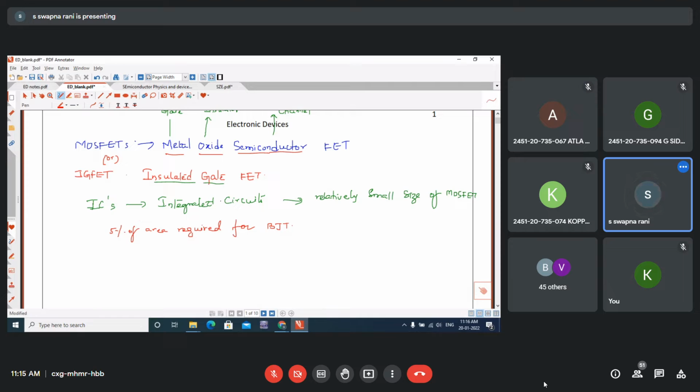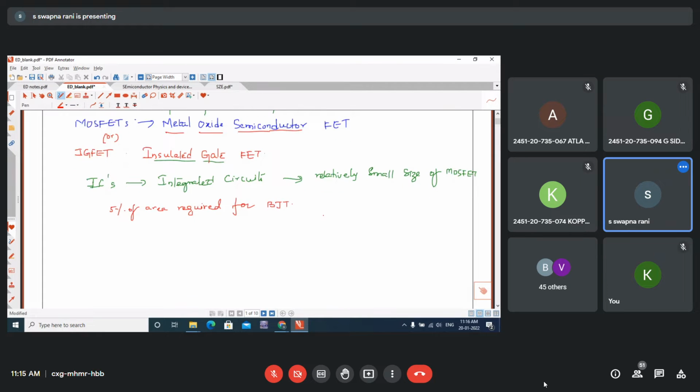That is why in integrated circuit technology, thousands of MOSFETs are fabricated. So this is one added feature, and another one is